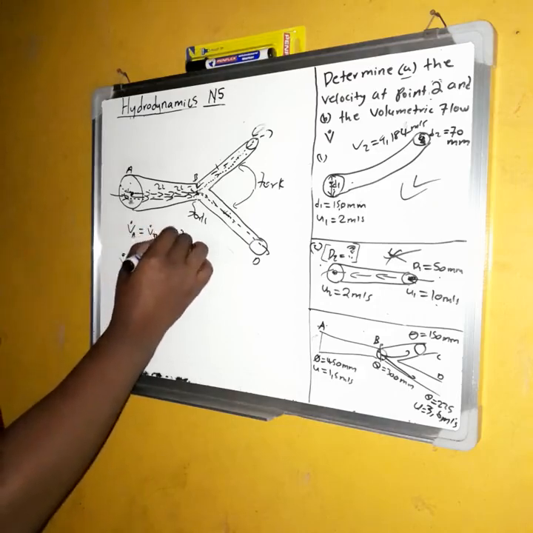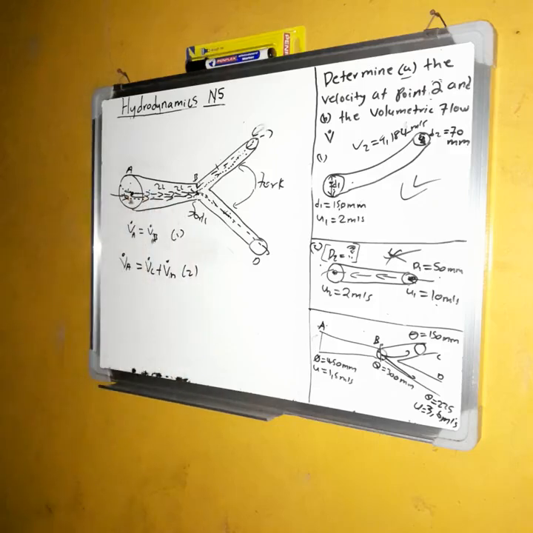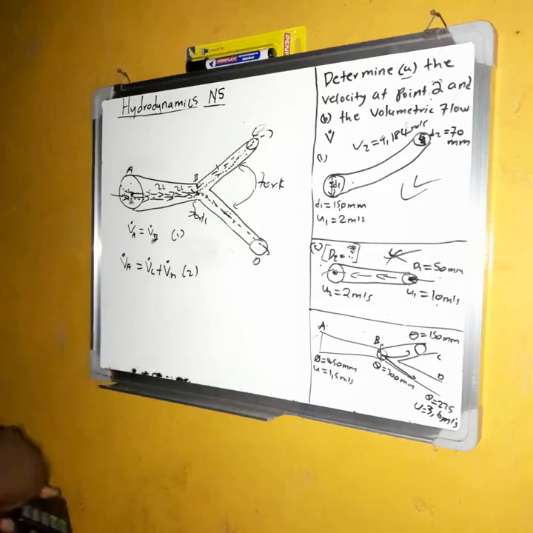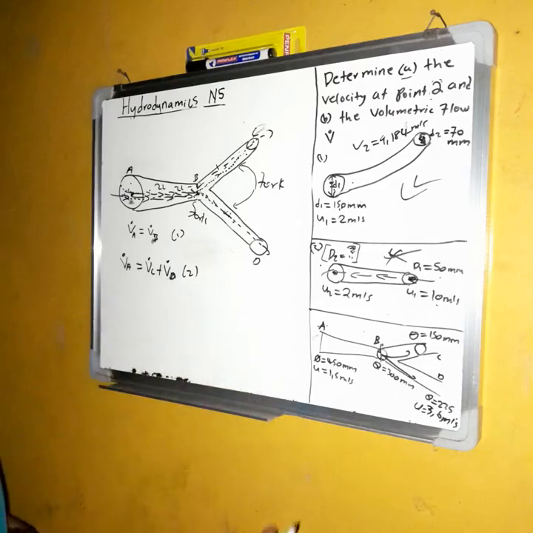We'll use this as equation 1, this as equation 2. These are the two equations that you're supposed to know under this topic, right? So you don't have to worry about these two formulas. So for an example,